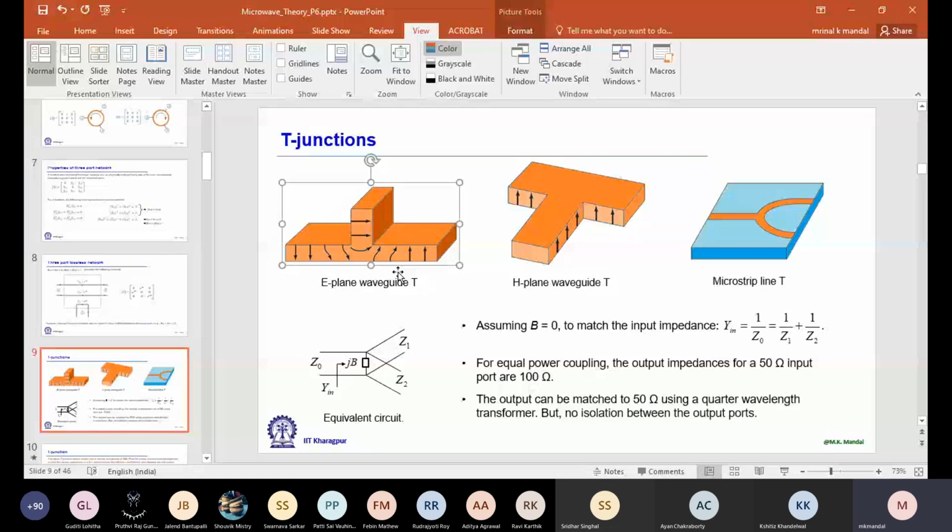So even though ideally we are considering that if I just connect a waveguide section like this, it will divide power equally into two arms, practically, because of this discontinuity problem, it may not happen. Then we have to use a full wave simulator and some sort of compensation technique to equalize power and to equalize the phase. Okay, that is just for your information.